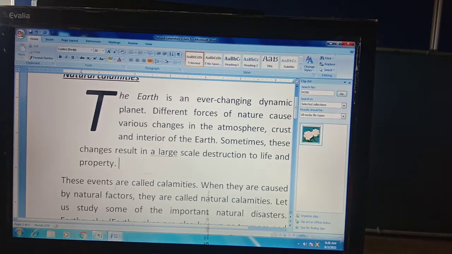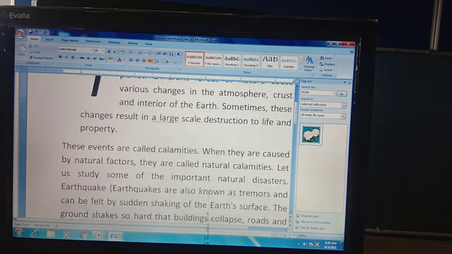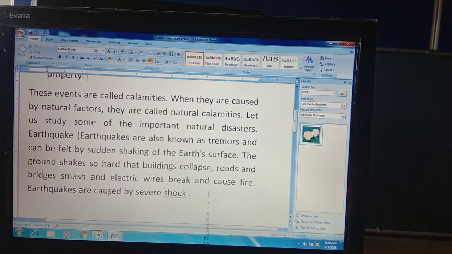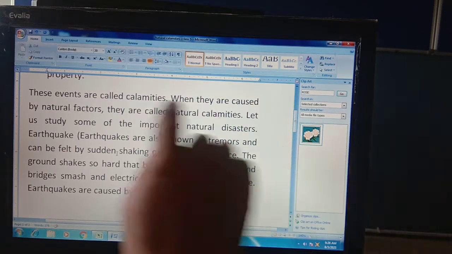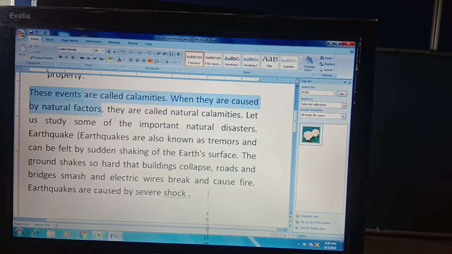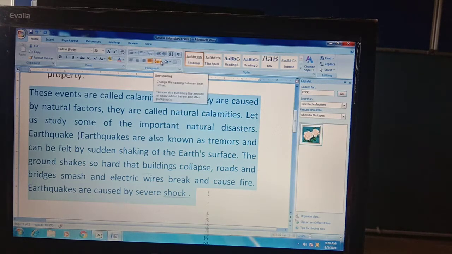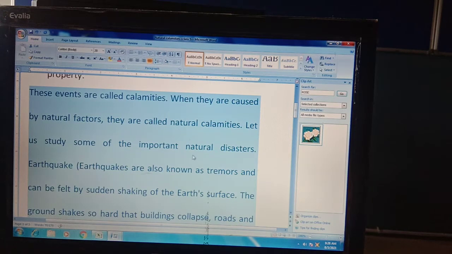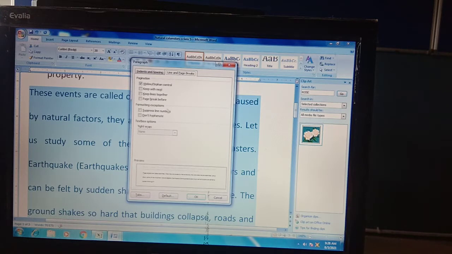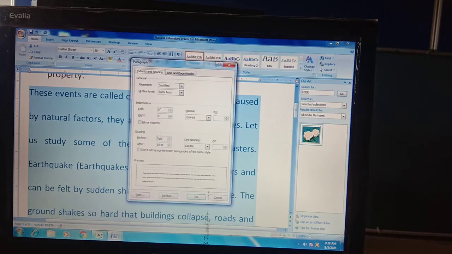Now changing the line spacing, that I have already explained to you. You can change the line spacing between the lines. Line spacing is the vertical distance between the continuous lines. Continuous lines के बीच में जो distance है, that is called your line spacing. You can select your paragraph where you want to increase the line spacing, and then the line spacing option is available here also. You can increase your line spacing from here also, and you can go to the paragraph tab, and in the paragraph tab you can choose your spacing from here.